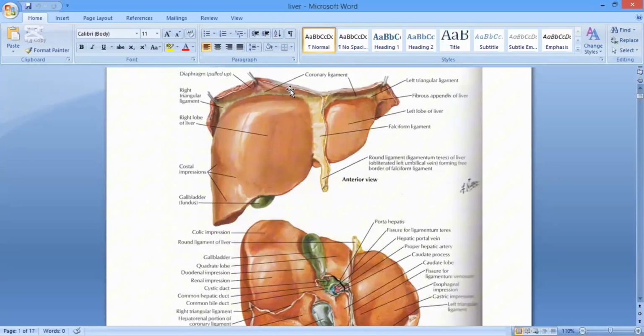Okay, now what is the coronary ligament then? The coronary ligament, which here you can see, is the peritoneal reflection which is going to hold the liver to the inferior surface of the diaphragm. ठीक है ना, ये वो ligament है जो कि posterior superior aspect of the liver, you can see the posterior edge of the liver, it's going towards the diaphragm, so it's going to